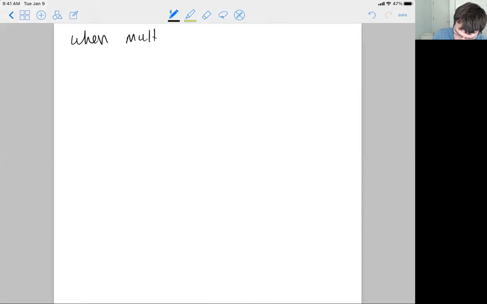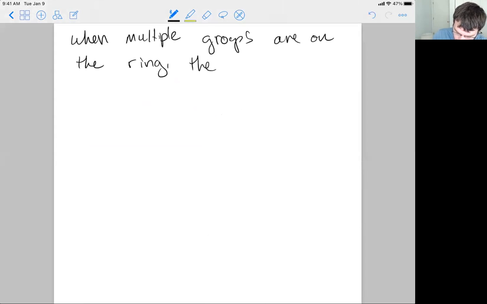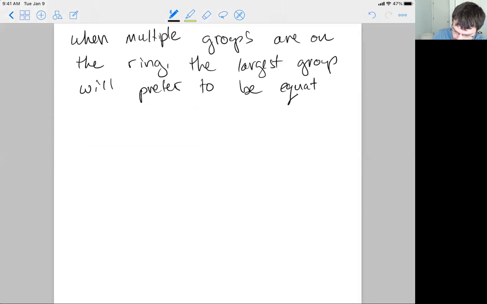When multiple groups are on the ring, the largest group will prefer to be equatorial. Now, let's look at some examples of that. So my go-to big groups in this class,